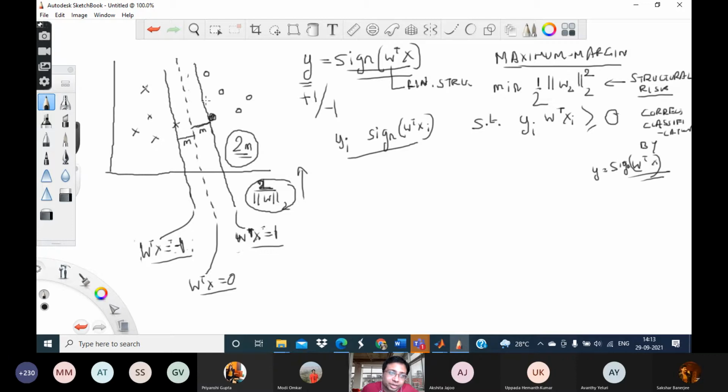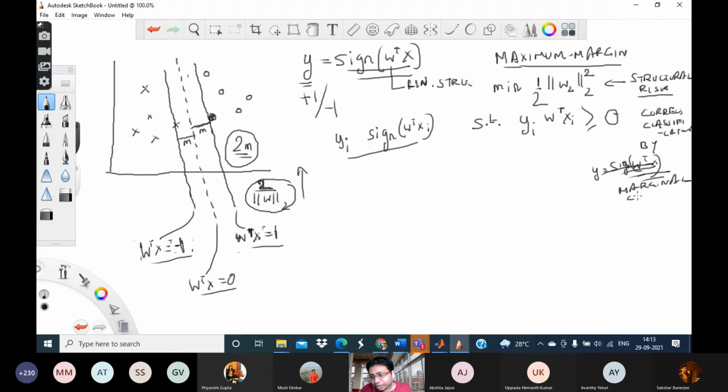I want all the minus points to be on this side of the marginal classifier, and similarly all the plus 1 points to be on this side of the corresponding marginal classifier. What are the marginal classifiers? One is this, the other is that. So for correct classification by the marginal classifiers,